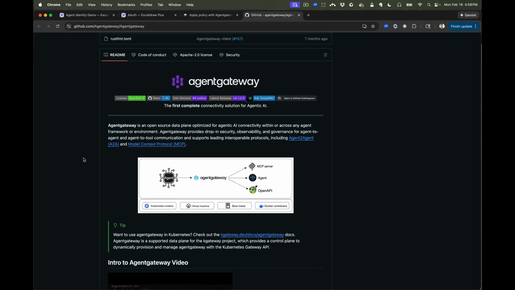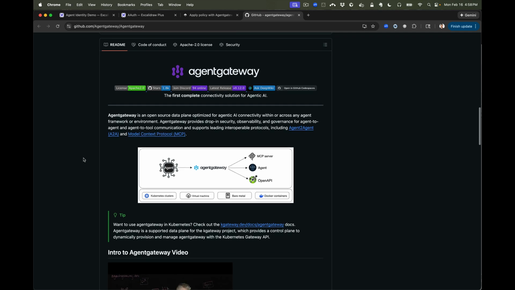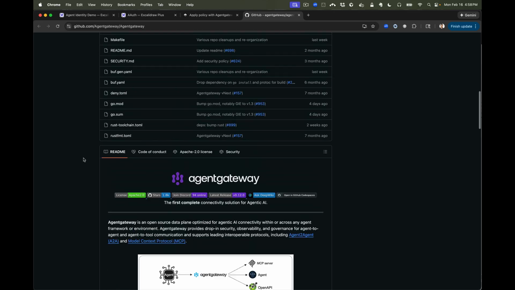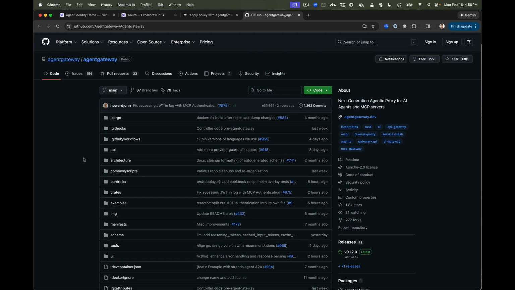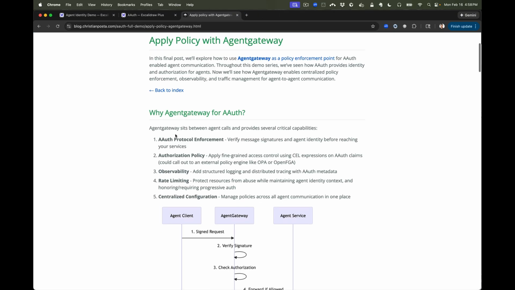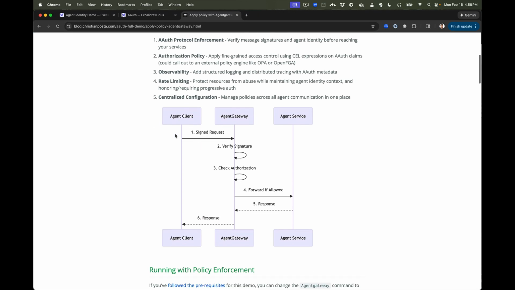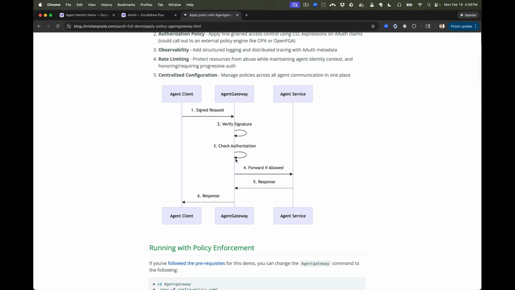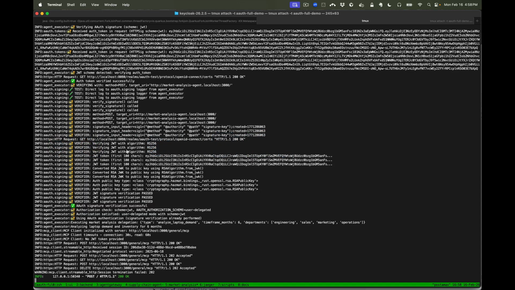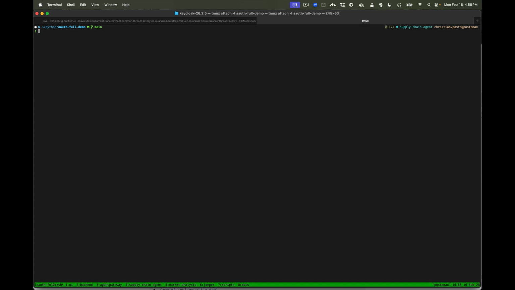It's written in Rust, extremely performant, conformant to the latest A2A and MCP specs, as well as can proxy 100 different types of LLMs. So in our architecture, what we're going to see is the agent calling into other agents through Agent Gateway. Agent Gateway can facilitate policy enforcement. So let's go ahead and take a look at